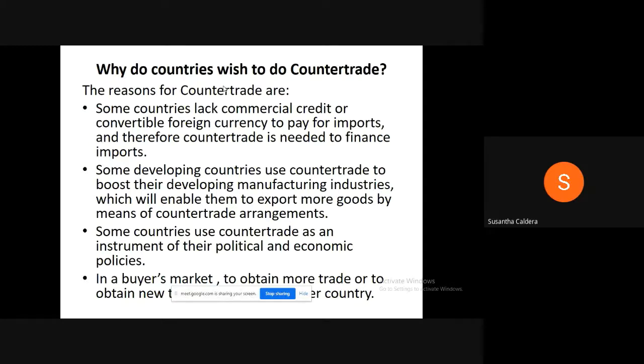Right now, I think you can understand what a counter trade arrangement is. Have I given you some insight into counter trade? What do you think? Yes. Yeah, I think it's better than what I thought. Right, I managed to give you the insight.